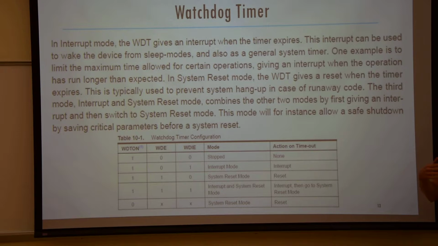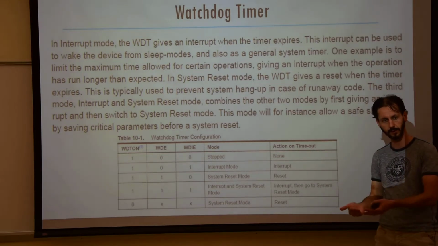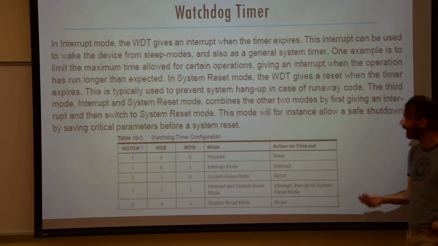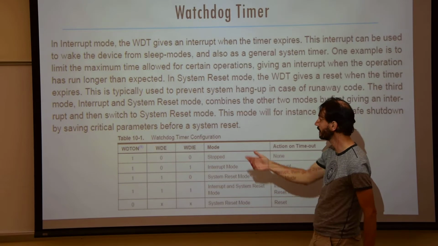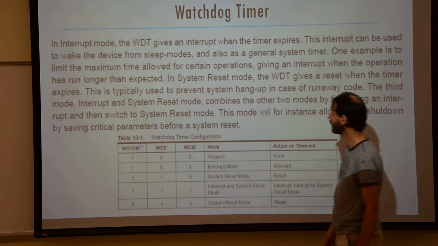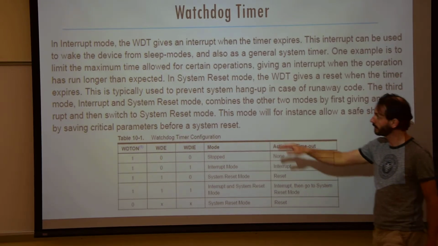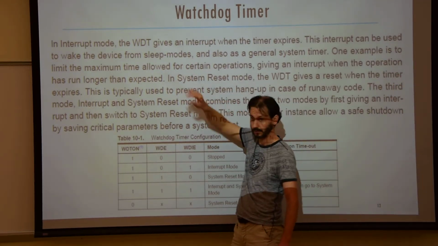So you really have a separate timer. So it's timer 0, timer 1, timer 2. We even have an ADC clock, but that is clocked off from the original MCU clock, just like all the other timers, by the way, with prescalers. And you have another clock, which is this watchdog timer. So it gives an interrupt when the timer expires. And this interrupt can be used to wake the device from sleep mode. So that's interesting,